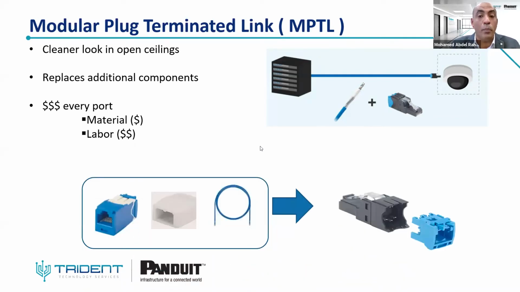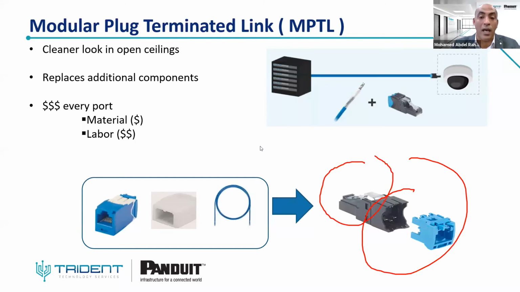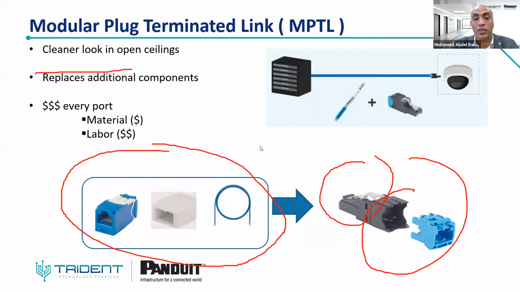It is very simple. It is a two-part assembly. From the rear, it is like the jack. You can terminate the cable directly inside it. And from the front, you find the plug. You can plug the cable directly inside the device. So it can improve your security. You have a cleaner look, and it is a less expensive deployment for the installations and devices, instead of using a jack, surface mount box, and patch cord approach. And also, you don't have any exposed patch cord for the ceiling devices. So it's very important to talk about the MPTL when you are going to have POE devices.